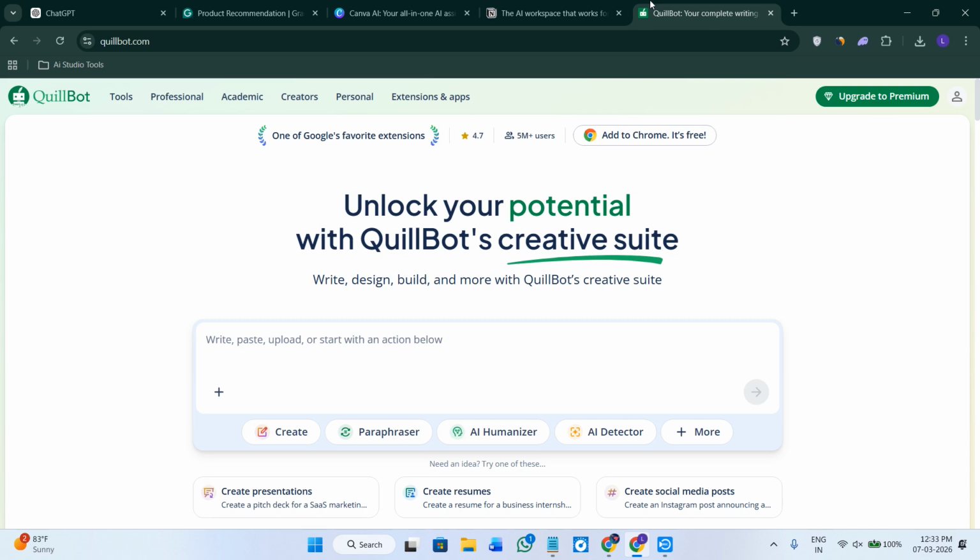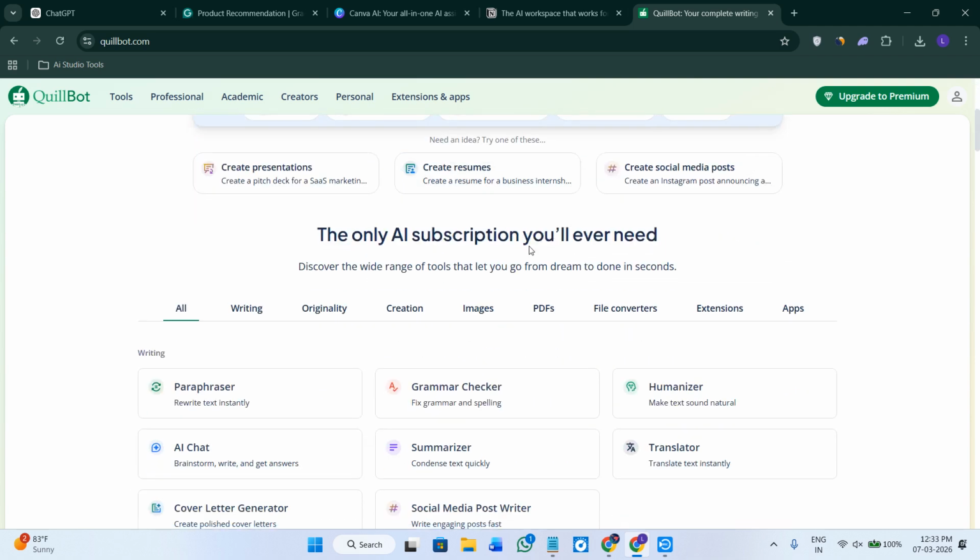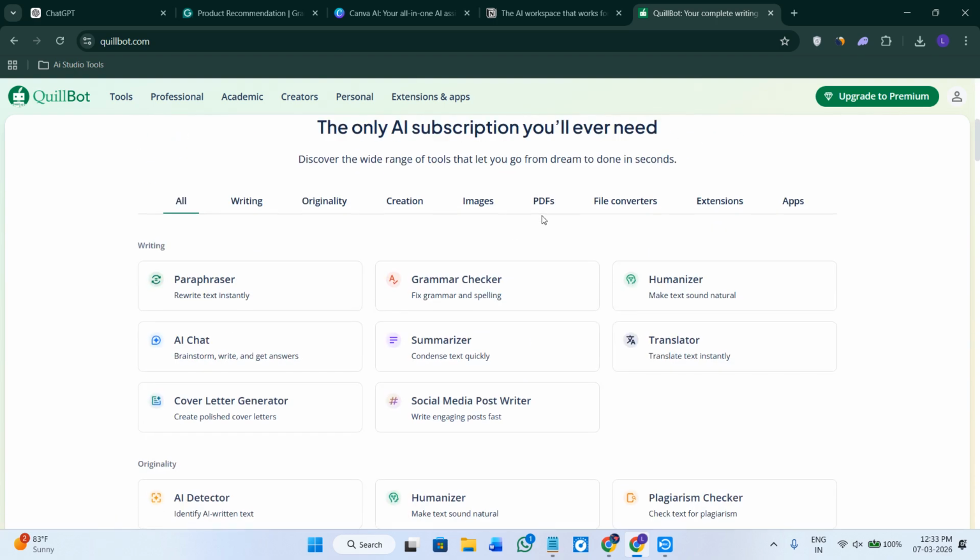Another powerful tool in the list is called Quillbot. Quillbot helps rewrite or paraphrase text. Students often use it to improve writing clarity or rephrase sentences when working on any kind of essays